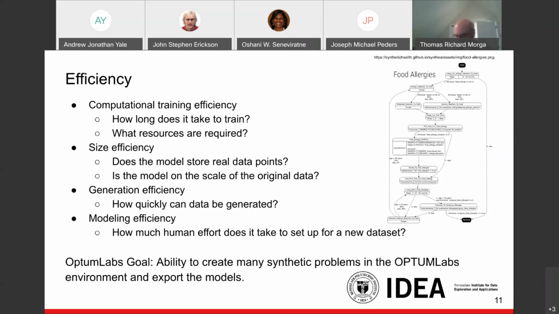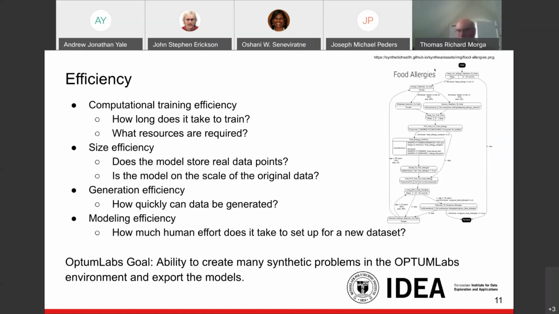Generation efficiency: how quickly can the data be generated once you've trained the model, which with neural networks is pretty quick. And then finally, modeling efficiency: how much human effort does it take to set up a new data set? So this is a big trade-off between the modeling efficiency and the computational training efficiency. Neural networks definitely take longer for computational training efficiency, but